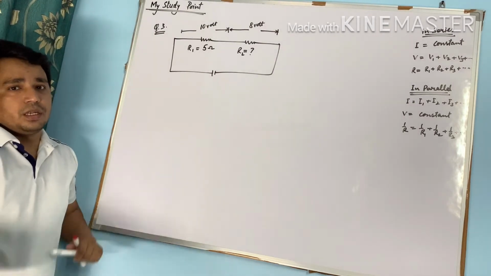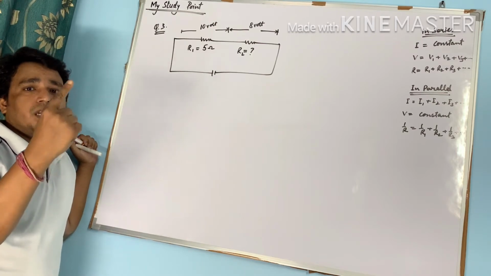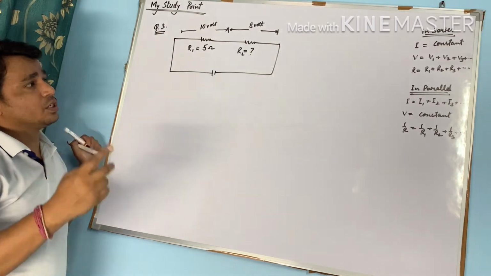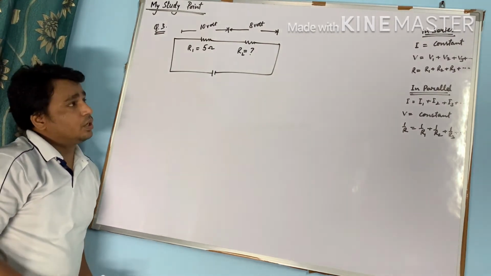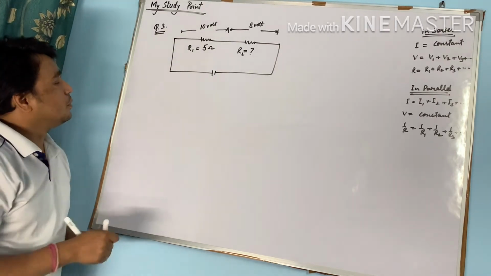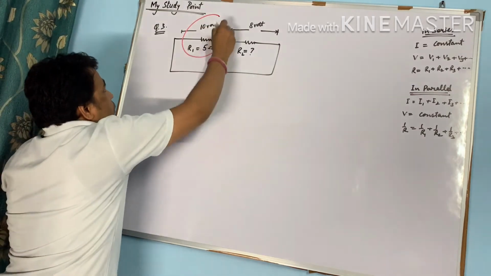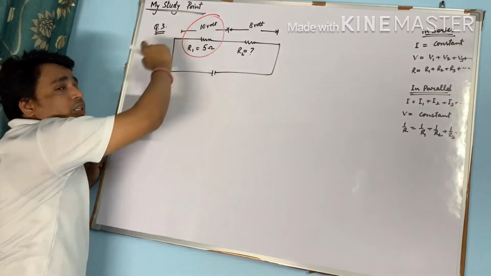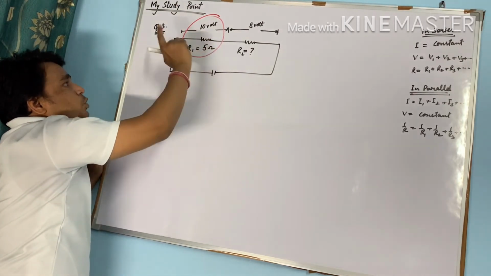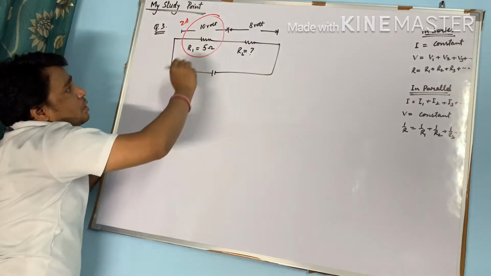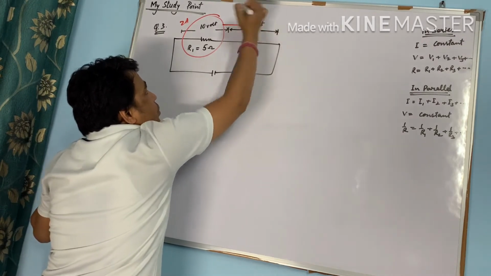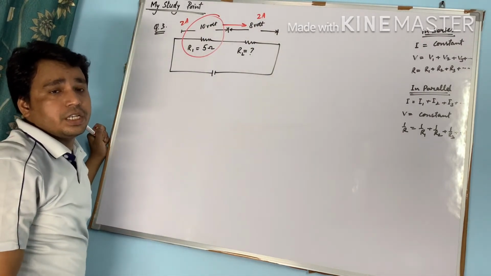Now remember one thing, whether it is series or parallel. If it is series, then current is constant. If it is parallel, then voltage is constant. So this one is a series question. So in a series question, current is constant. Okay. Let us see R1. We are given resistance and voltage. So calculate the current. The current will come out to be 10 by 5, that is 2 ampere here. So current of 2 ampere will flow through the second one also. Okay, because current is constant in series.